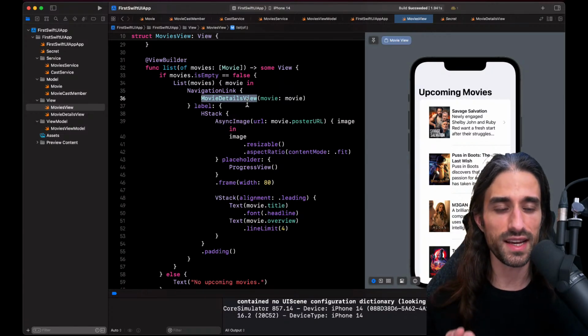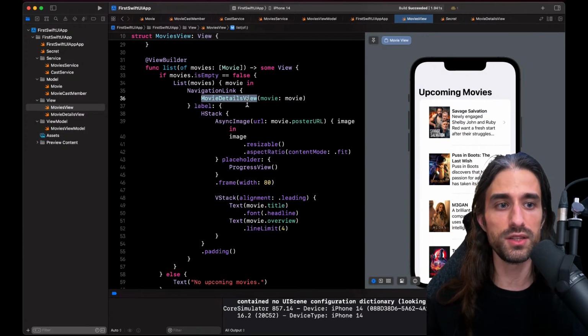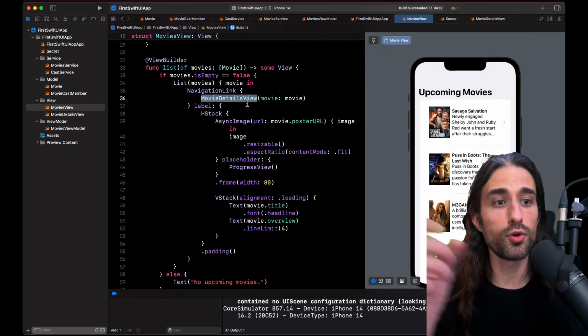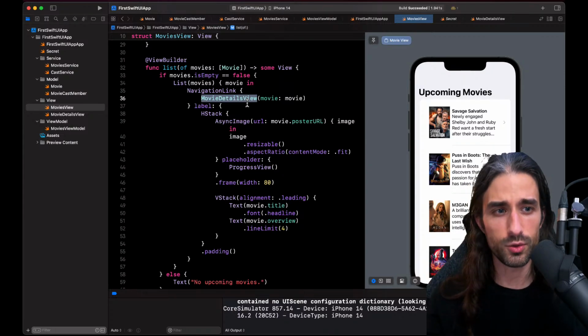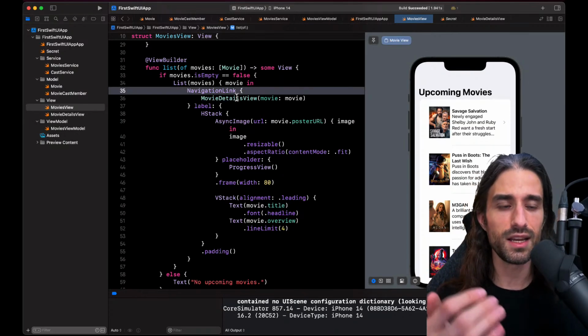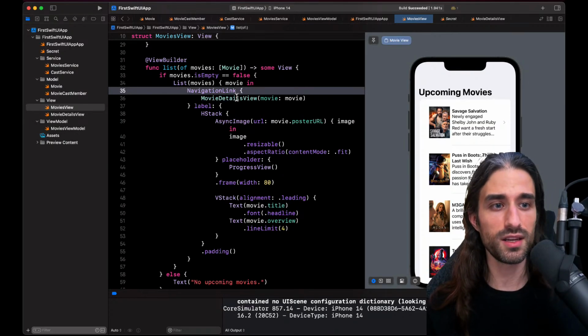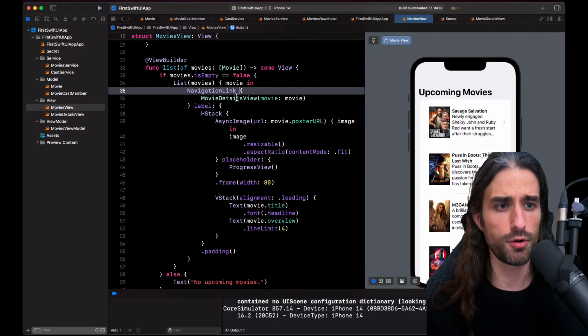And with navigation stack, you actually say, okay, I want to navigate to that object, which would be the movie. And then some other part of the code would say, okay, when you're told to navigate to a movie, you display a movie details view. So you're able to split the two things into two parts. Here, that's not the case, but since we're on a simple app, that's not too much of a problem.